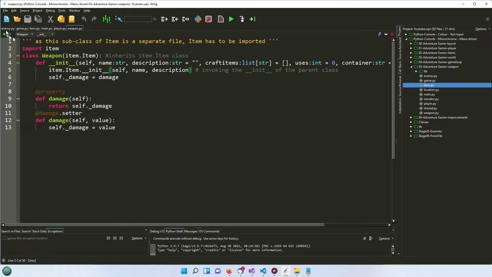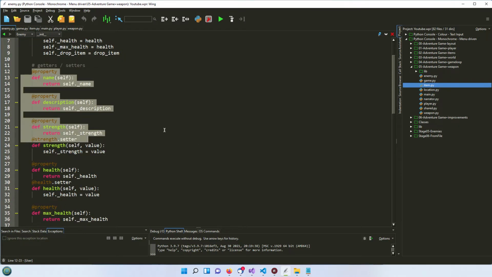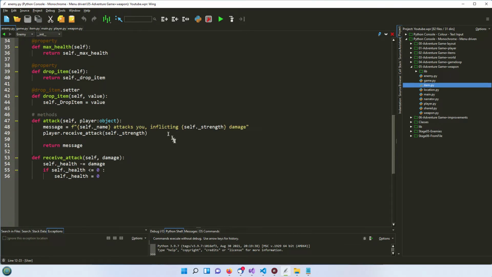Now the other one is the enemy class. So this is a brand new class. It's not inheriting from anything. I've just used the decorators for its properties. Then we've got two methods. We've got an attack method where we are receiving from the player when the attack is called externally, so that when the game.py or main.py calls the attack, it's passing the player object in,